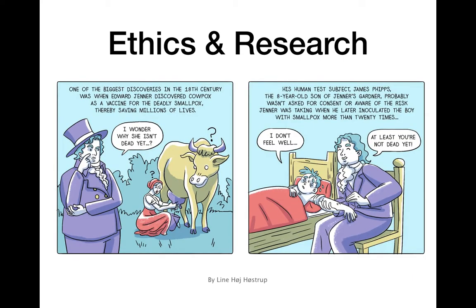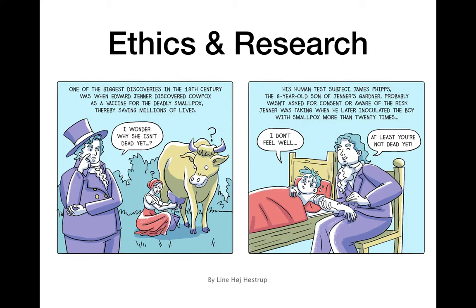And if we continue, Jenner's big discovery here, where he looked at the smallpox vaccine: he realized his cow has cowpox, the milkmaid doesn't have smallpox or cowpox. How is that possible? Why isn't she dead if she's exposed in a village full of smallpox? So his first test subject was a child, an 8-year-old named James Phipps, the son of Jenner's gardener. And we don't have any official records of this, but the chances that they got informed consent and explained to this child what was going to happen to him and got his permission